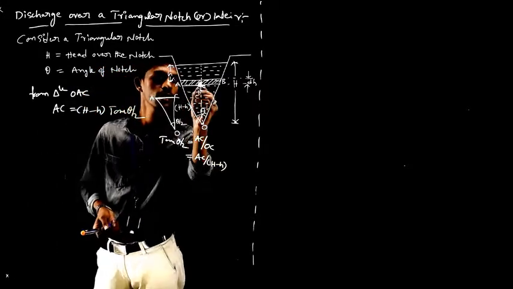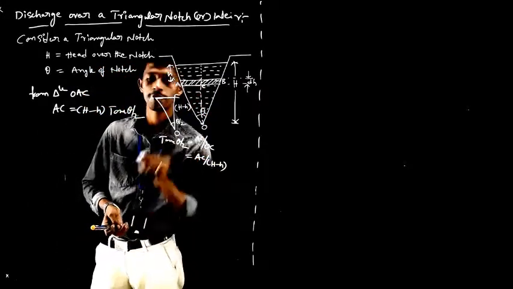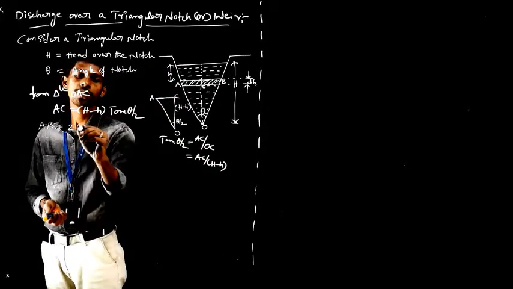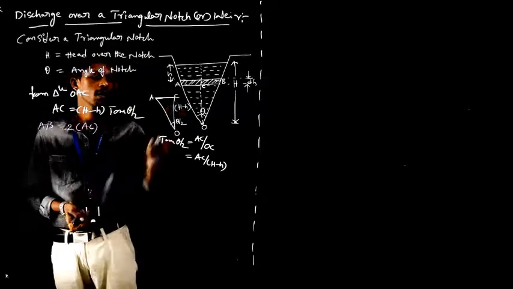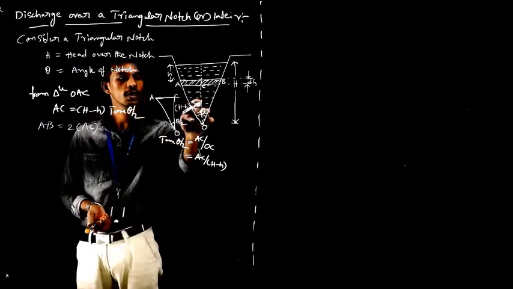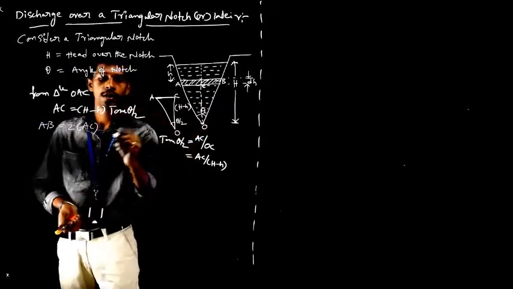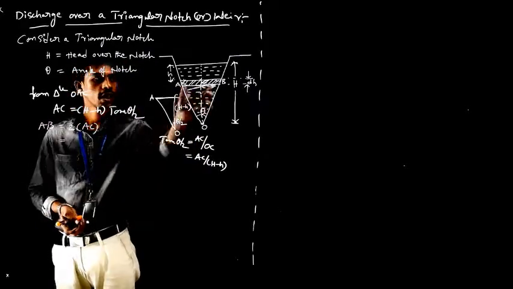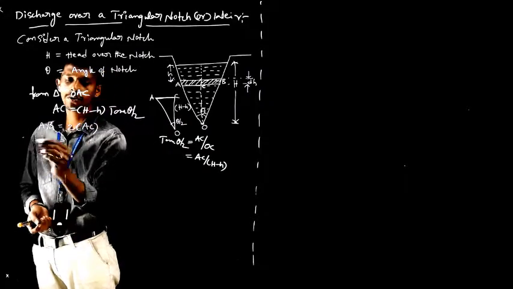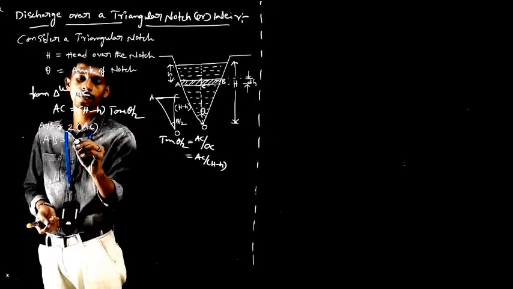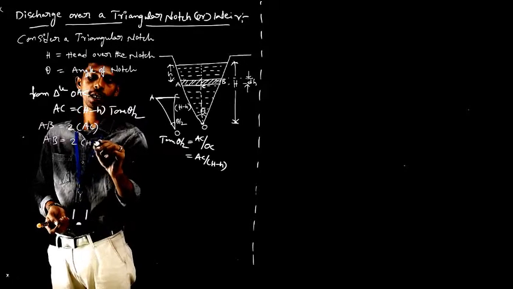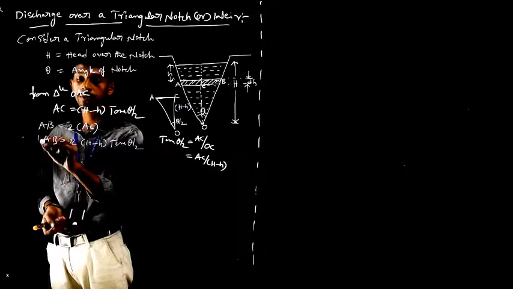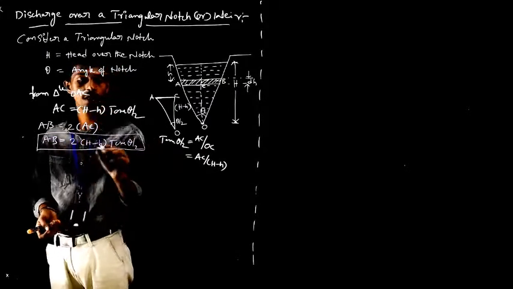So this is the expression for AC. That means this is half of the width I have calculated. Now, what about the length AB? It will be 2 times AC, or AC plus BC. This is theta by 2, this is also theta by 2. The length AB is also called the length of the strip. So AB will be 2 into capital H minus small h into tan theta by 2.